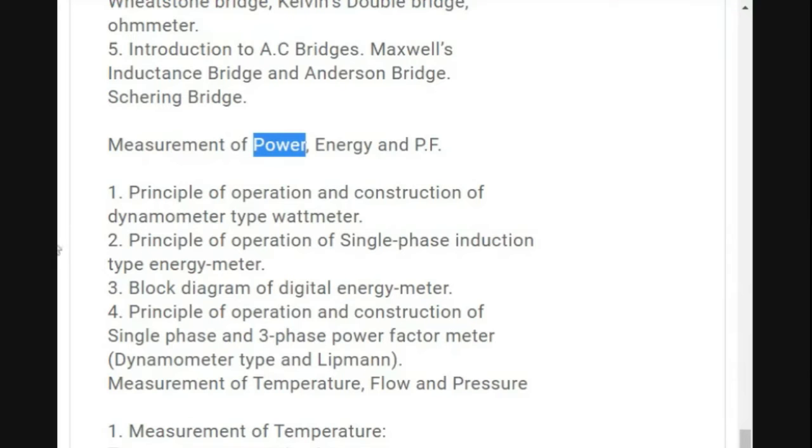Okay, so let's see what are the different instruments we are going to see for measurement of power. One is the wattmeter, basically wattmeter construction. So wattmeter is having the type of instrument called a dynamometer type instrument. What is the word? Dynamometer type instruments. So dynamometer type instruments have two magnetic fields created by the coil only.